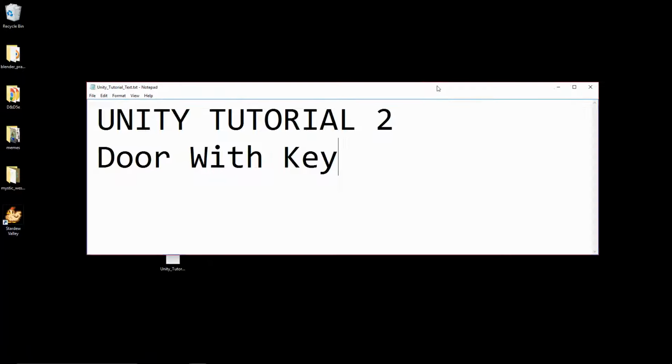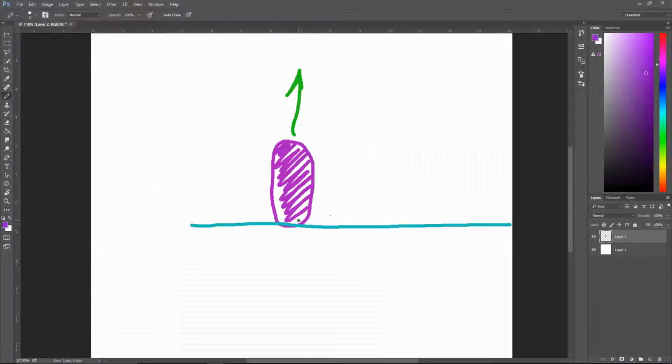Hello, welcome to Unity Tutorial 2 in our Unity tutorial series. In this lesson, we'll be making a door with a key. So basically, how it's going to work is,